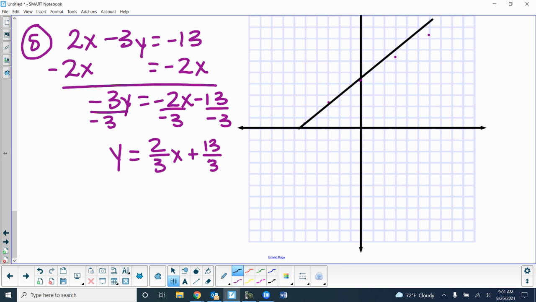All right, the other one is already y by itself. All right, so 7, 1, 2, 3, 4, 5, 6, 7. And I'm going up 2 over 1, right? I guess I'm hitting that spot right there, so it's going to work out okay. All right, so when I draw that line,